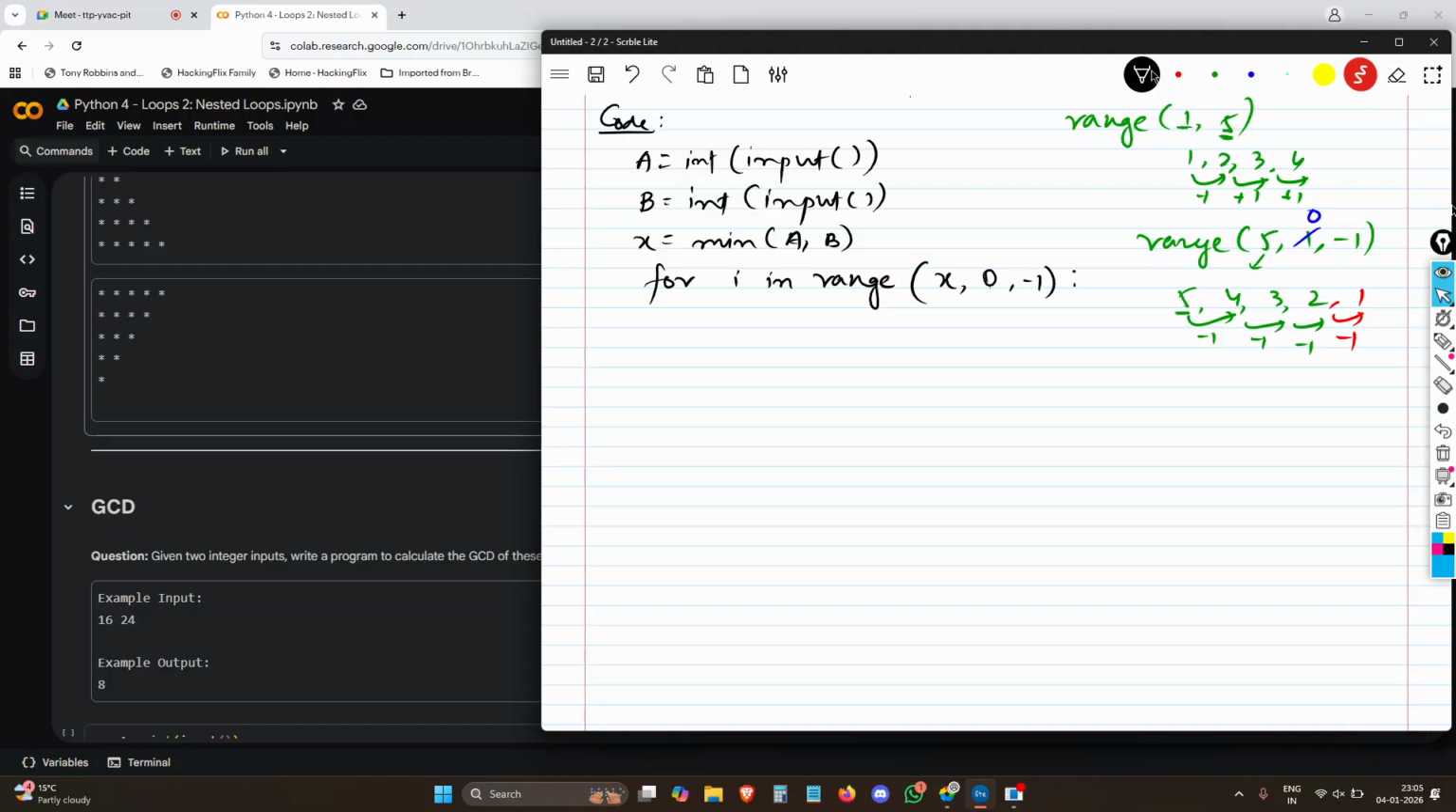Yes, so the minimum range is 0. That's why it will go to 1, right? Yeah, that's what will go to 1. Okay, let's suppose